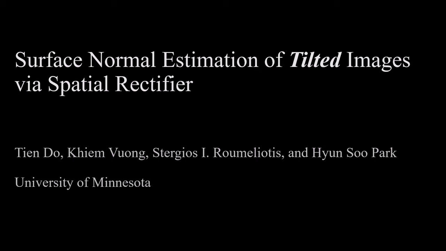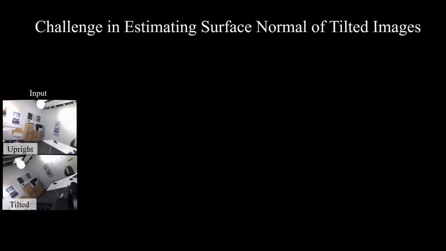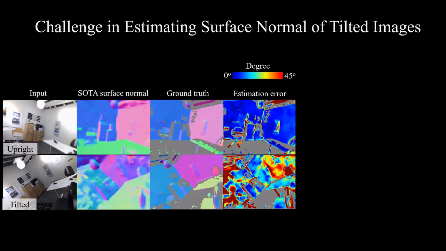In this work, we present a method for surface normal estimation of tilted images. Estimating surface normal from tilted images is challenging. State-of-the-art methods, including FrameNet, are not applicable to estimate surface normals of tilted images while showing strong performance on upright